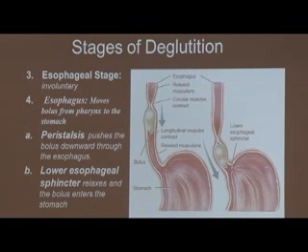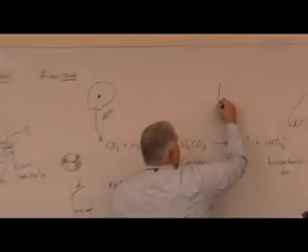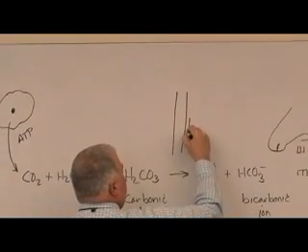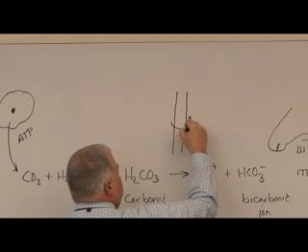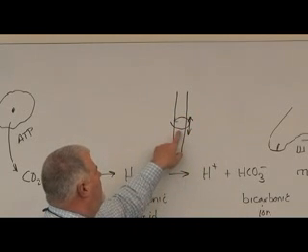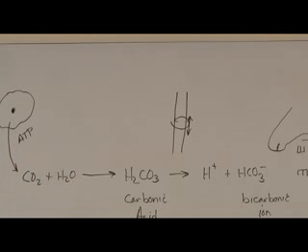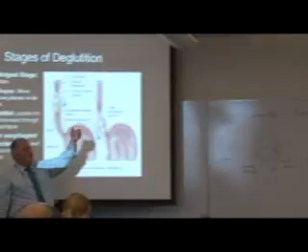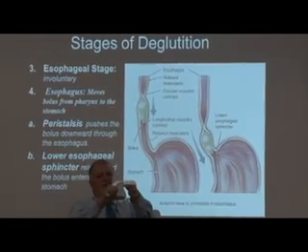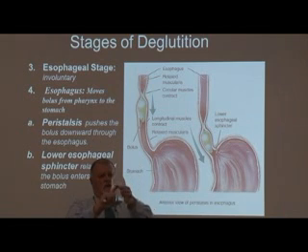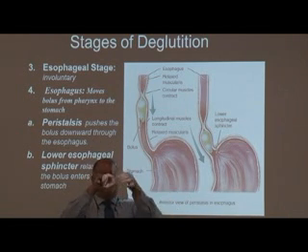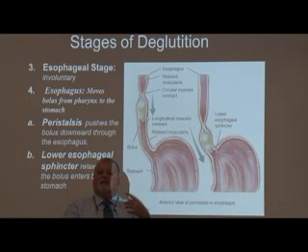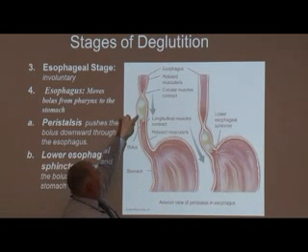Okay, so once the food exits the laryngeal pharynx into the esophagus, then that's the esophageal stage. And then what happens is we have two sets of muscles in the wall of our digestive system. If we were looking at the esophagus like this, we have one band of smooth muscle that runs this direction, and one band of smooth muscle that runs this direction in a circle. We call them the circular and longitudinal layers of smooth muscle. What actually happens is the circular smooth muscle layer constricts behind the bolus, so the bolus can't go upward, and the longitudinal muscle shortens your esophagus, so that you bring your food down by constricting the circular layer and longitudinal layer. That's called peristalsis, the rhythmic contractions that we get,